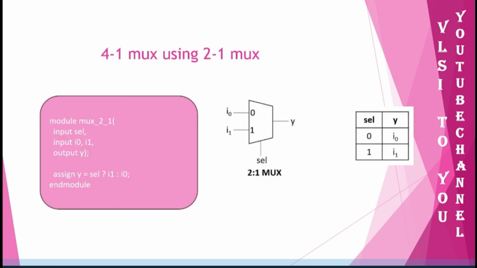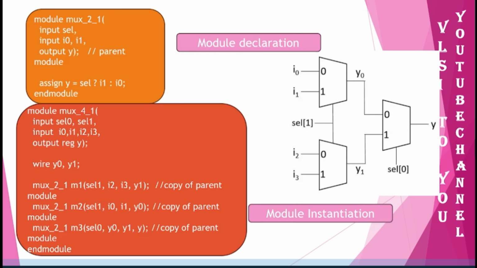It's not mandatory that you should pass all the inputs. Depending upon your way of writing, you can pass any number of inputs you need. So this is all for this mux. Also the same thing, you are passing the values. For example, if this is a 4 by 1 mux, based on the size you are taking,